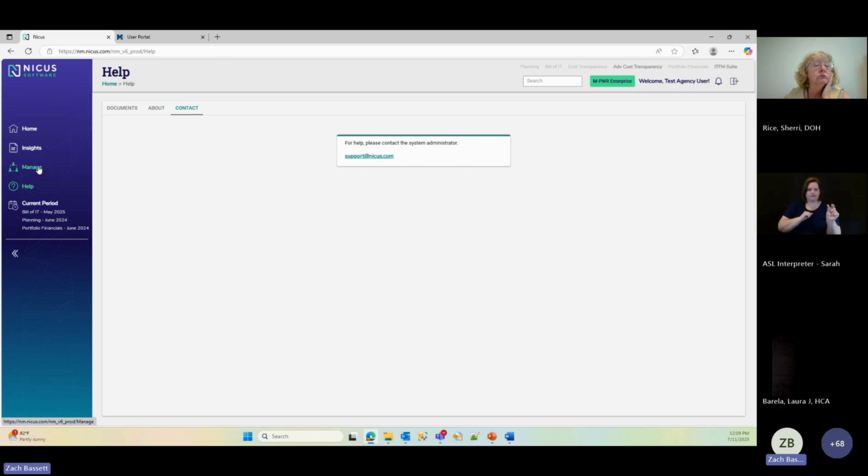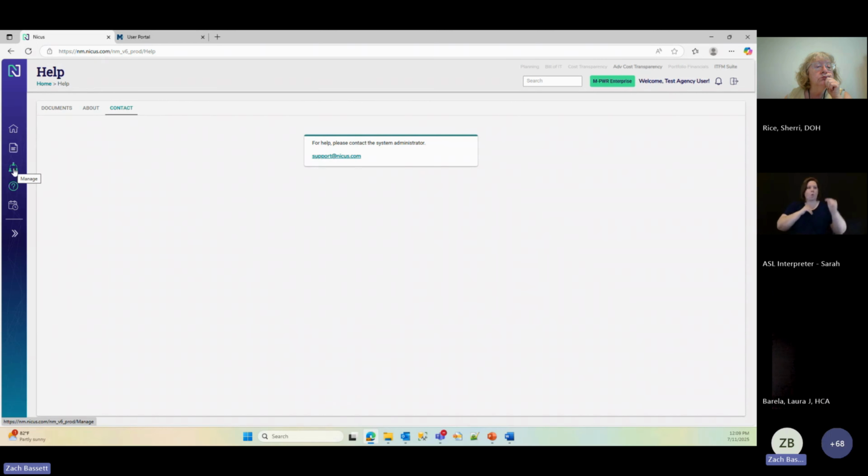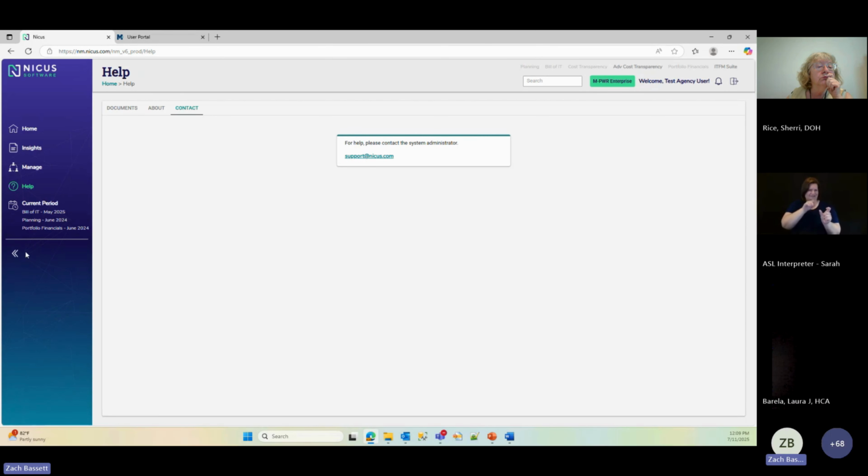We have home, insights, manage, help, and then current period. And that's just top level general navigation. Once you get comfortable, you can always collapse this and then know where you're working with these. Again, if you hover over them, it'll tell you what one you're in. But if you forget where you're navigating around, just expand it and it'll allow us to see exactly where we're